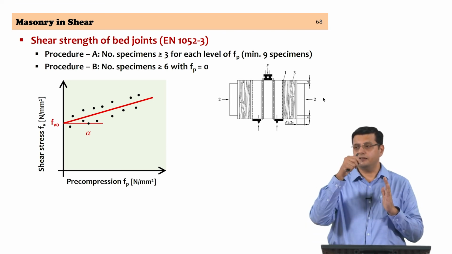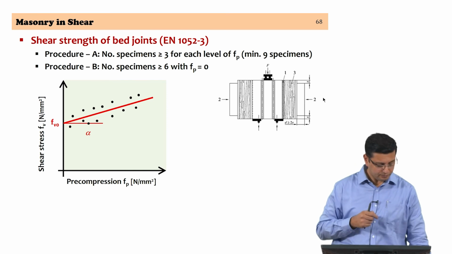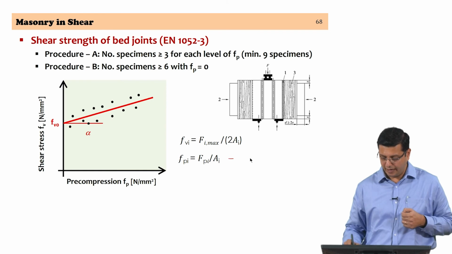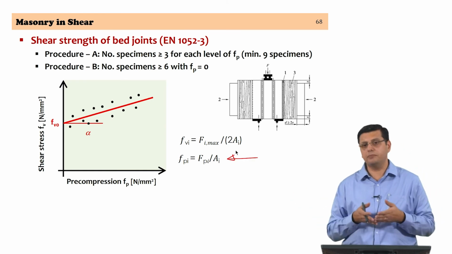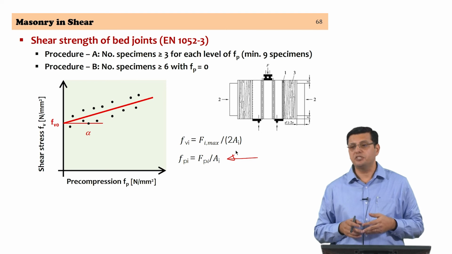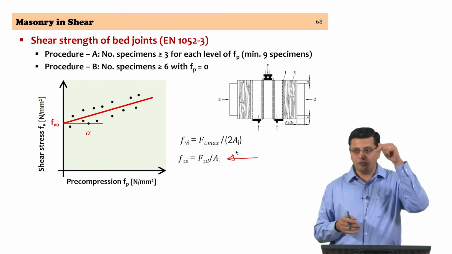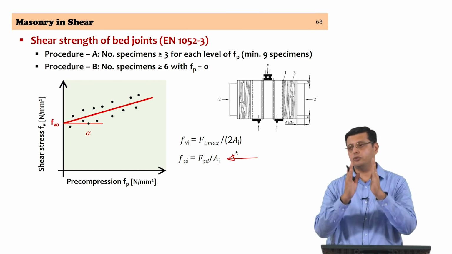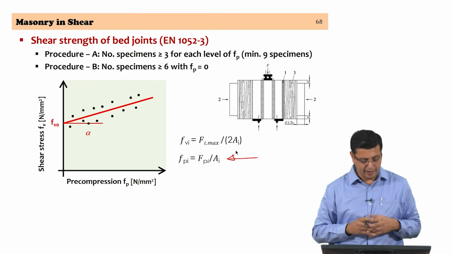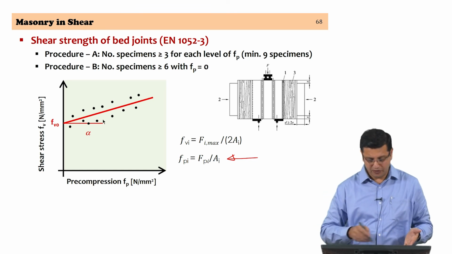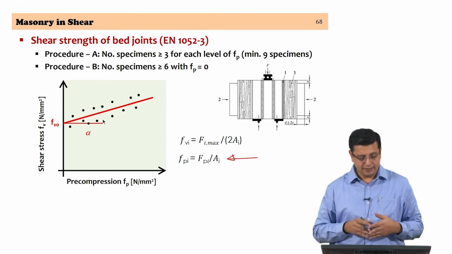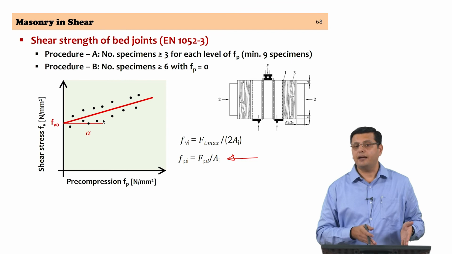The test is conducted, the failure stress is estimated. You have the precompression level determined as the precompression force divided by the area of cross section, whereas the shear stress at failure is the force required for the joint to fail divided by 2 A, since it is a double shear test and you have 2 surfaces. Hence you will get several points at different precompression levels of FPI and FVI,